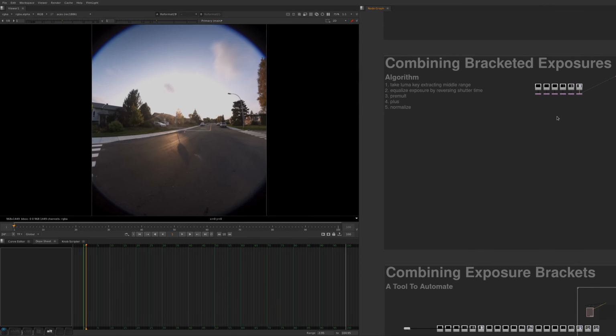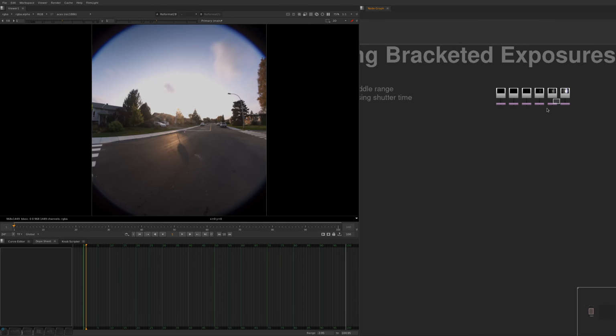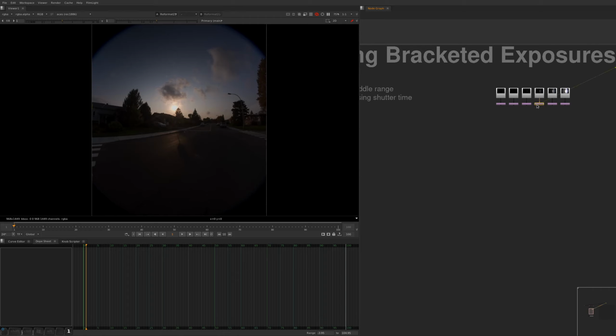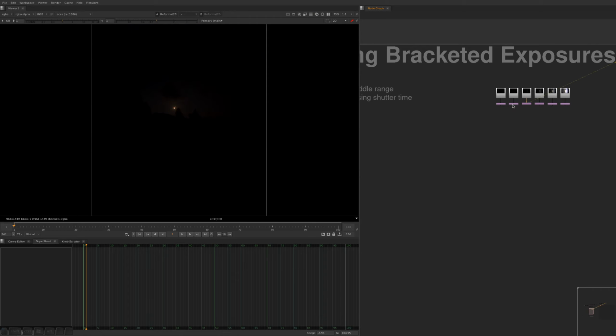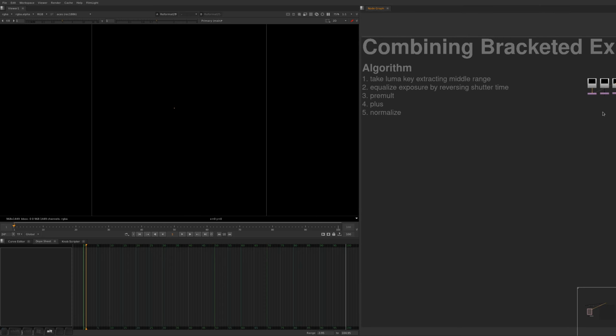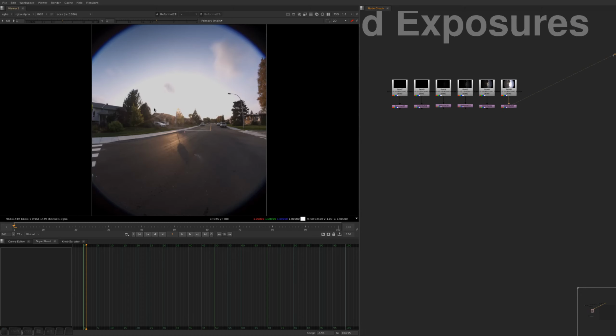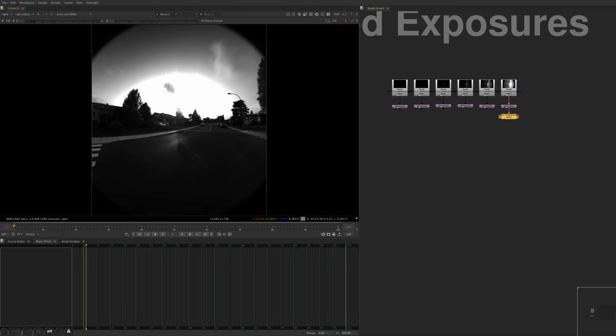Cool, so now we're going to move on to discussing how exactly we combine these bracketed set of exposures, all looking at the same scene, into one image which represents all of the dynamic range captured by the camera. So the first step is we need to extract the parts of this image that we want to use. So to do this, we're going to use a luma key, and this generates an alpha channel based on the